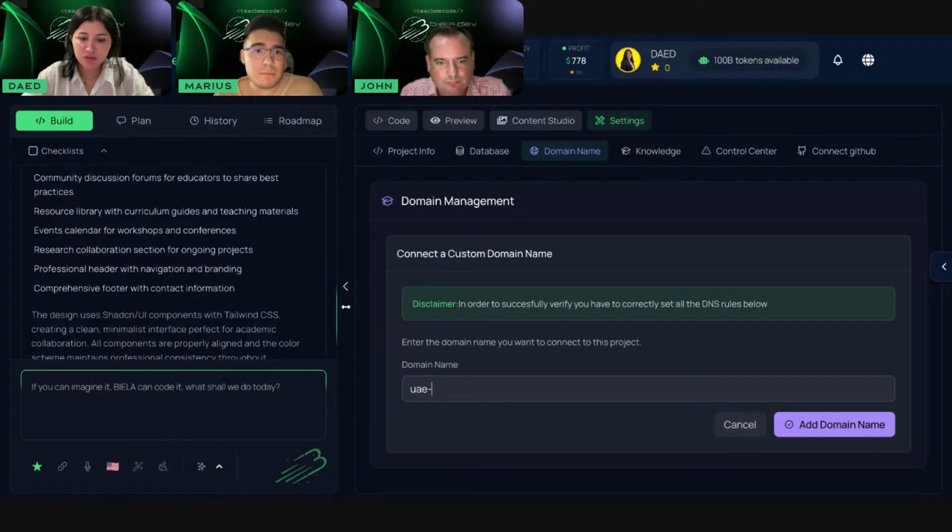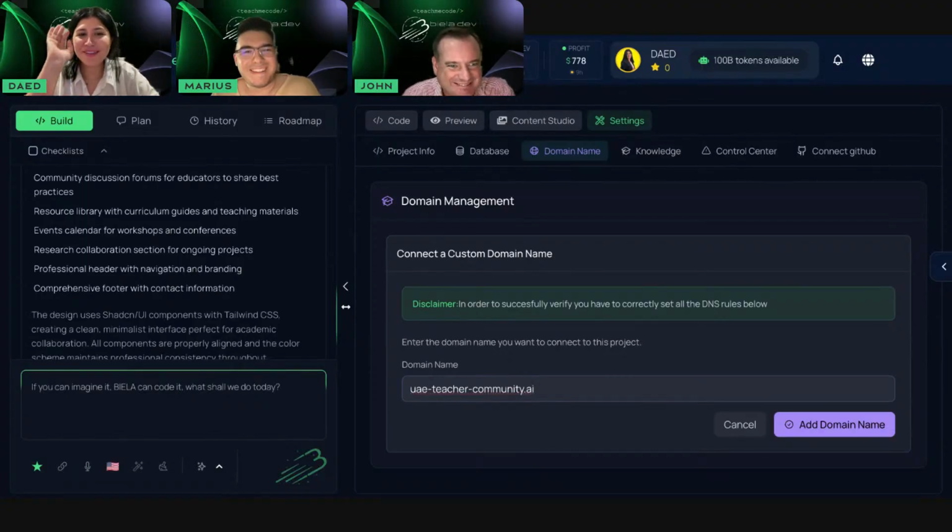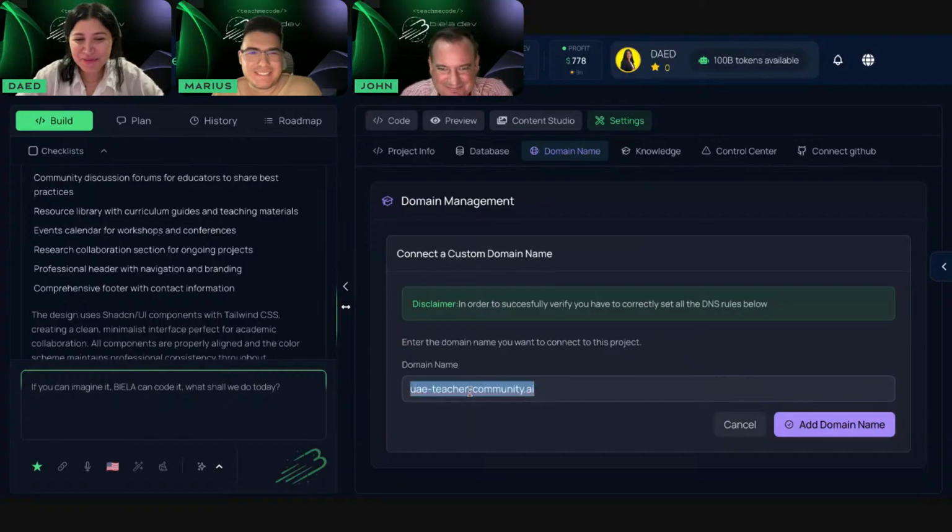So basically, this helps you connect your own domain to the website created with Biela. Exactly. The way this is structured is very easy for anybody to do. I can vouch for that because I can do it. If I can do it, anyone can do it. Yeah, that's right. So you put your domain name that you purchased somewhere,